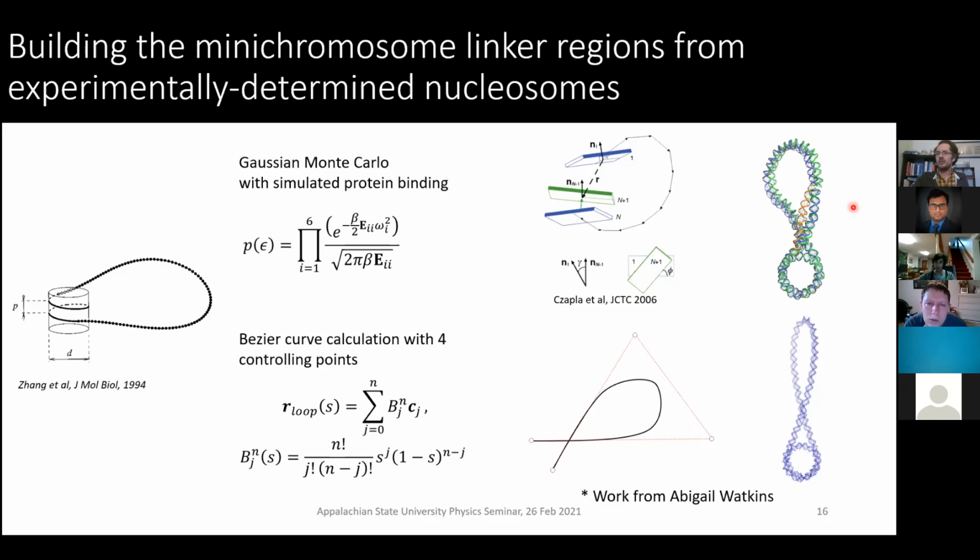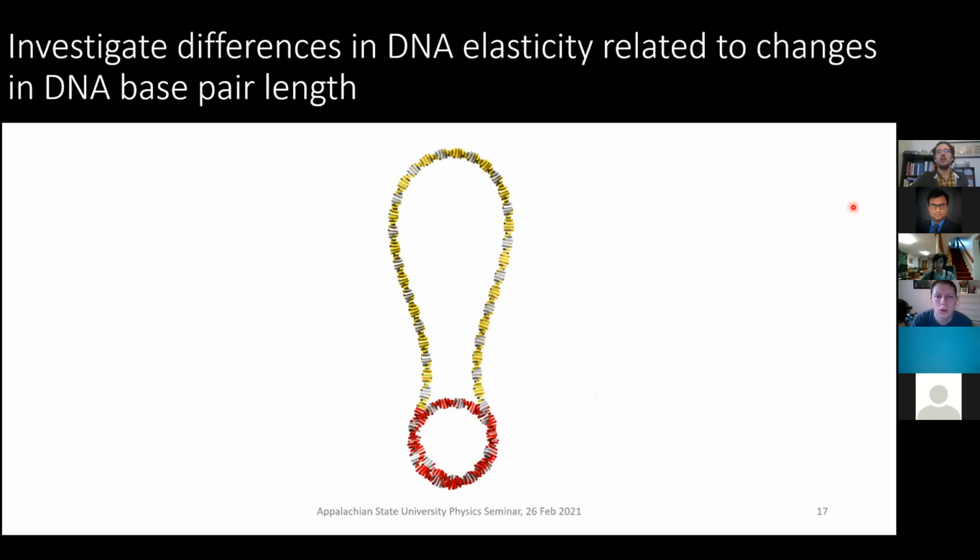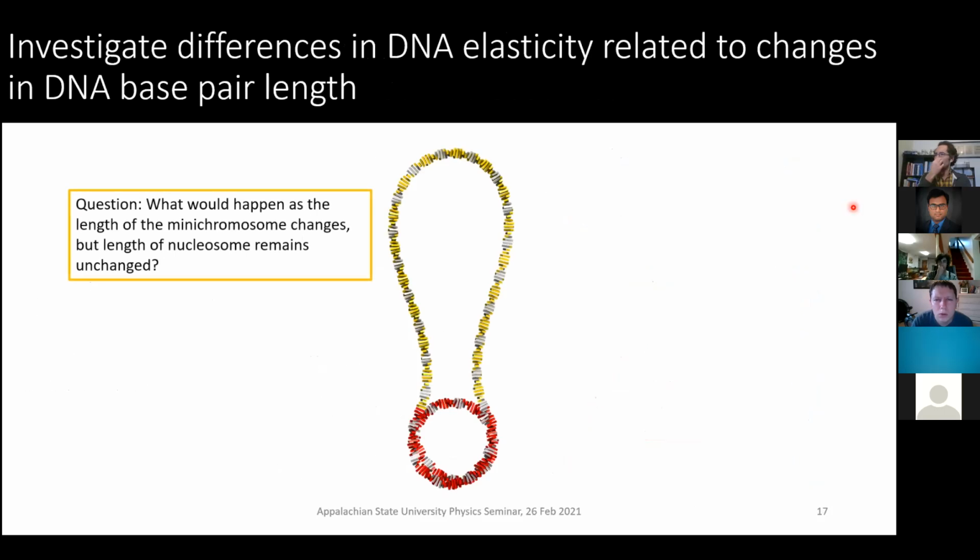So going along with this, continuing on in the presentation, I wanted to talk a little bit about what I was able to do with my studies. I have this schematic of what a mini chromosomal circle looks like. We have our free to move DNA in yellow, which is at the top, and we have our more bound nucleosomal DNA in red. And one thing that I can investigate is what would happen if we change the overall size of the mini chromosome, but we keep the nucleosome the same.